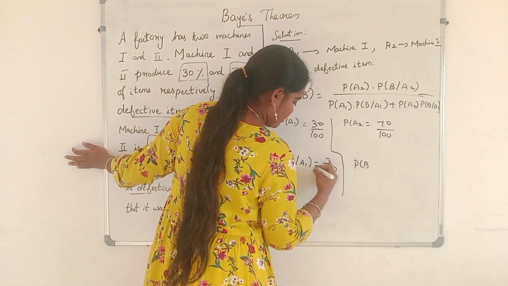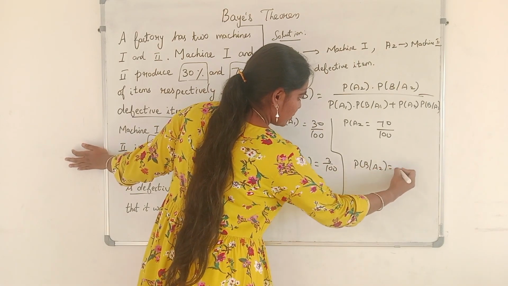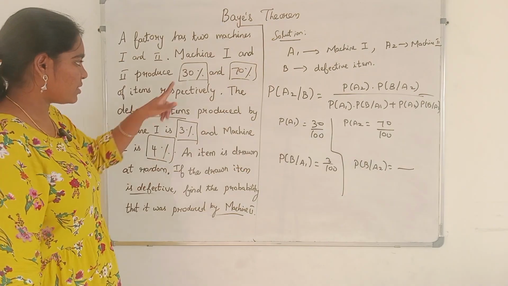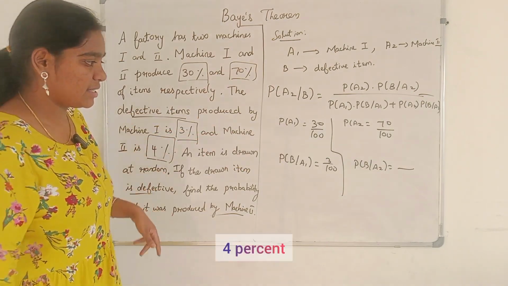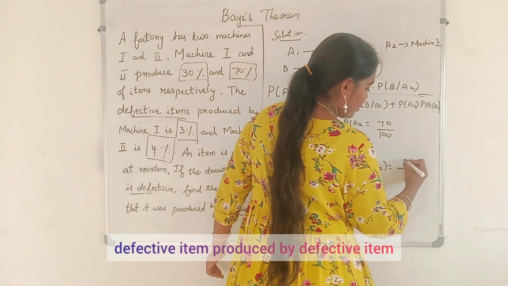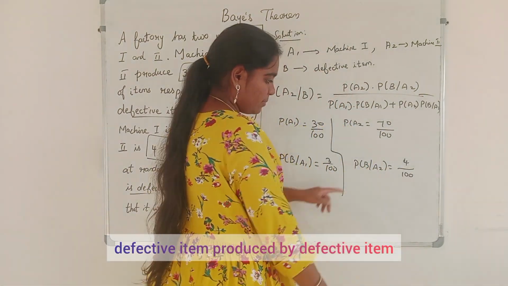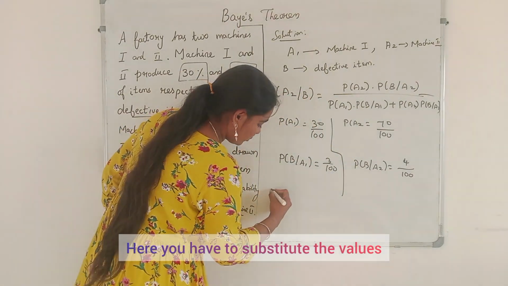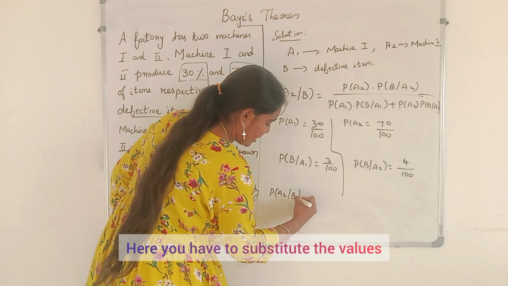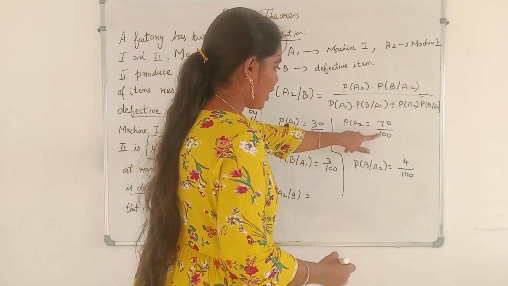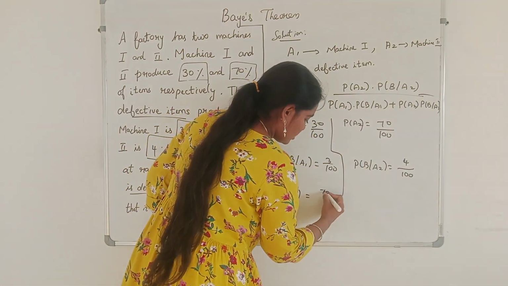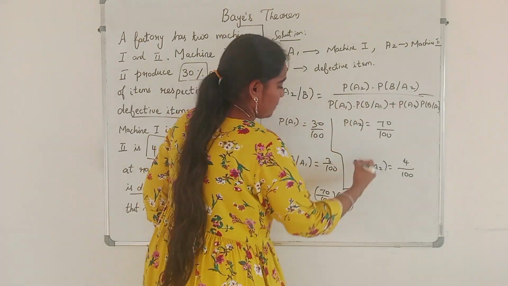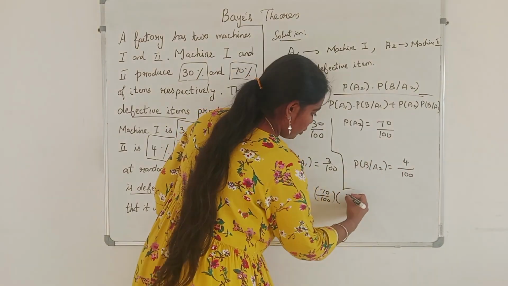Next, P of B by A2. So, B denotes the defective item, A2 denotes machine 2. So, 4%. Defective item given A2 has already occurred. Here you have to substitute the values. So P of A2 is 70 by 100, 70 by 100 into P of B by A2, which is 4 by 100,